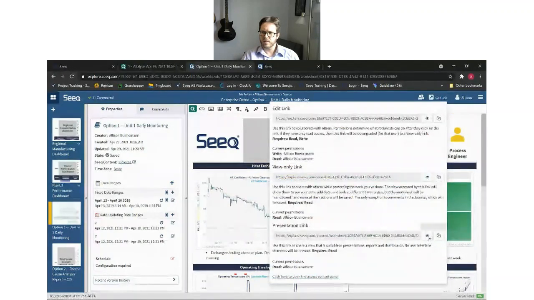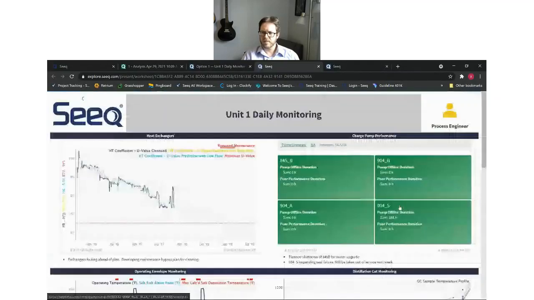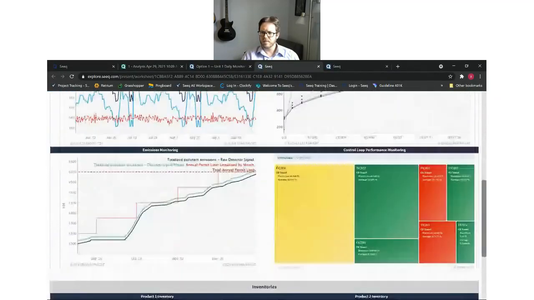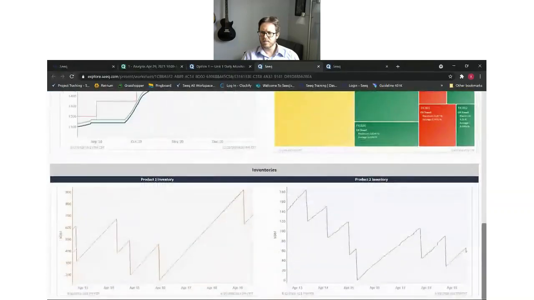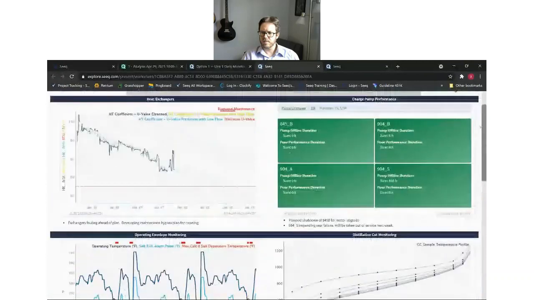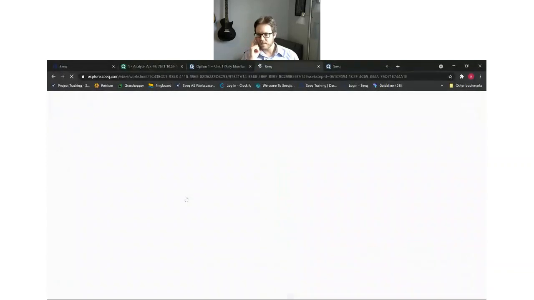Let's look at a presentation view of this to see how a user might interact with it in a daily meeting with operations. They can present this on a screen, scroll down, talk about the different items that they're monitoring, and if something warrants further investigation, like let's say that a particular operator is concerned about this heat exchanger trend and wants to dig in further to see if there is something that they could do to project this further out into the future for the maintenance date, we're just going to click on that item